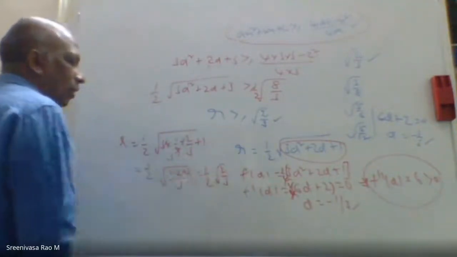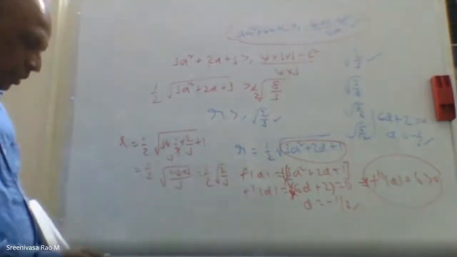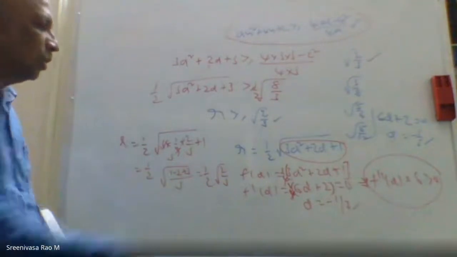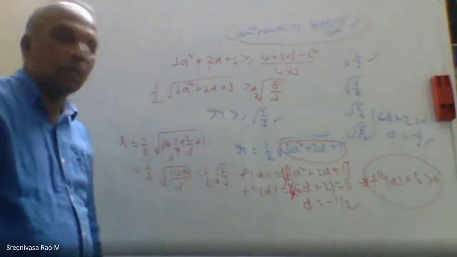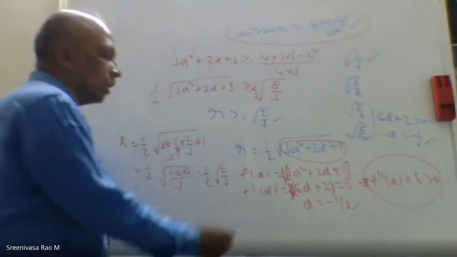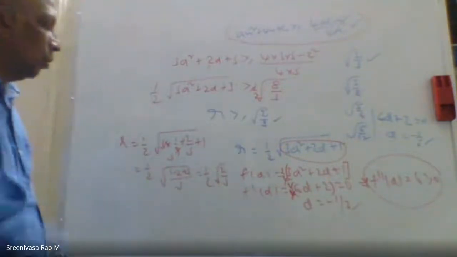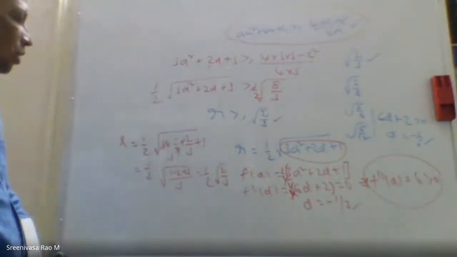Same thing it will reflect here. We can simplify that. 1 by 4 into, you can find it. 1 by 4 into 3d square plus 2d, same thing it will come here. So d equal to minus 1 by 3 it will come. So when I have taken d equal to minus 1 by 3, this function has maximum. D equal to minus 1 by 3. You can simplify, it gives the required answer here.